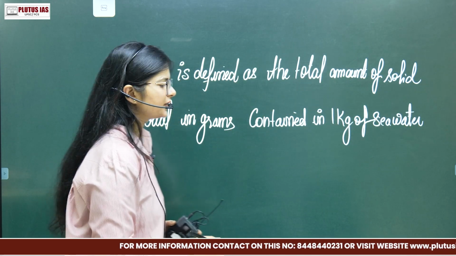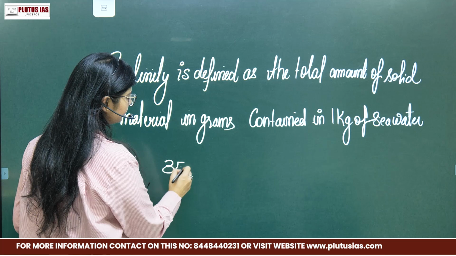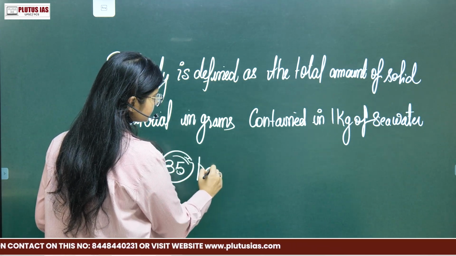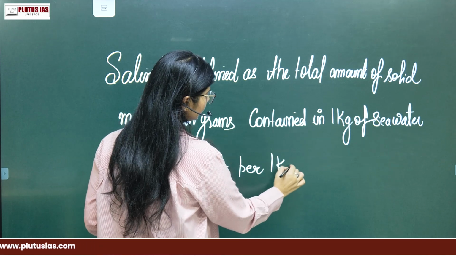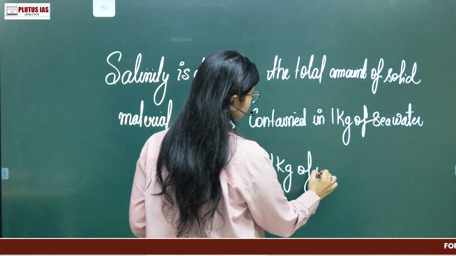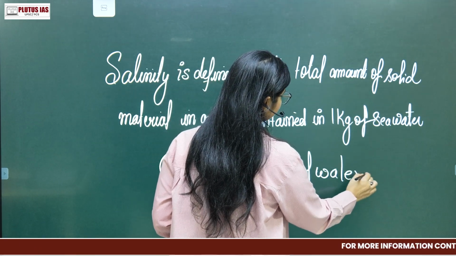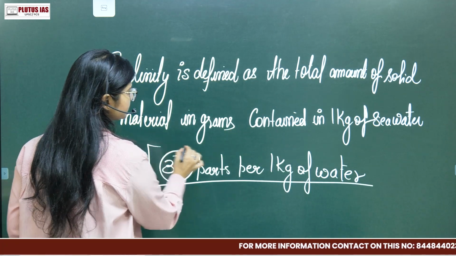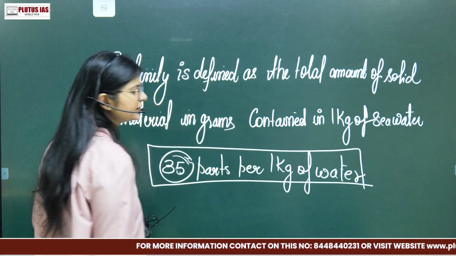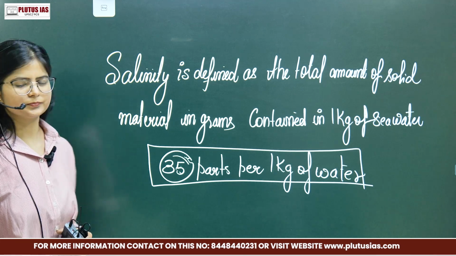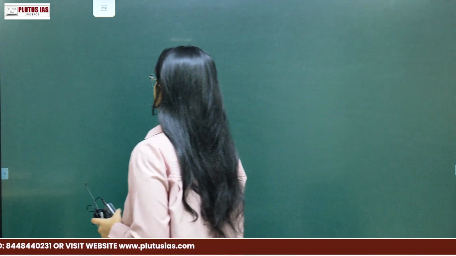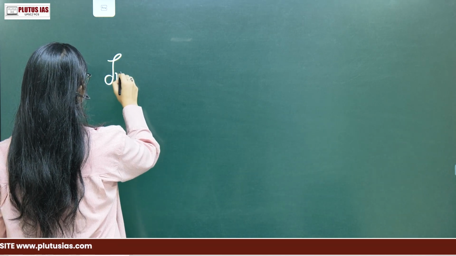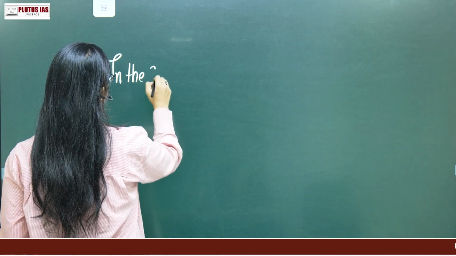It means that it is 35 parts per 1 kilogram of water. We call it like that. 35 parts per 1 kilogram of water. In the sea,